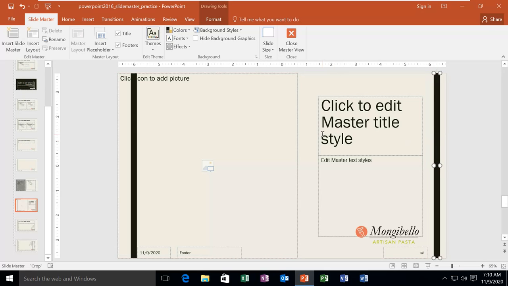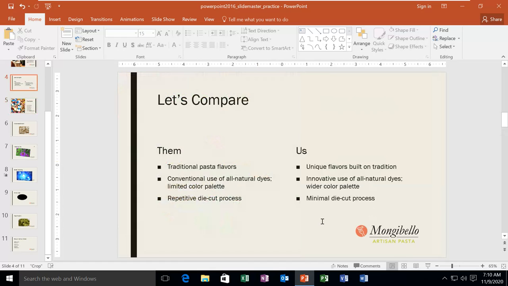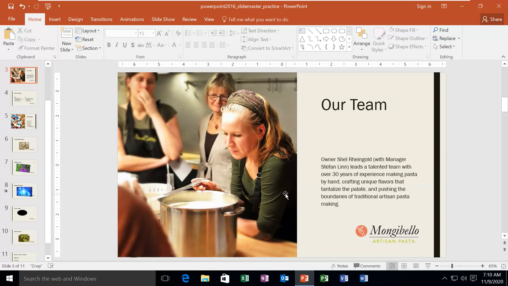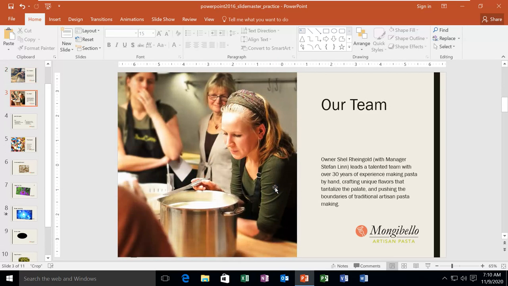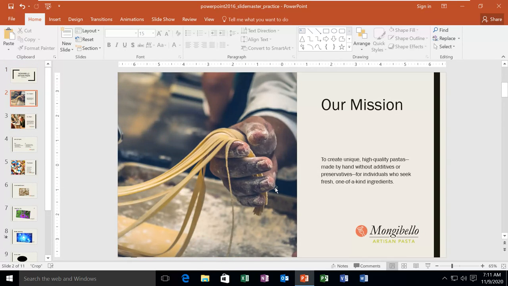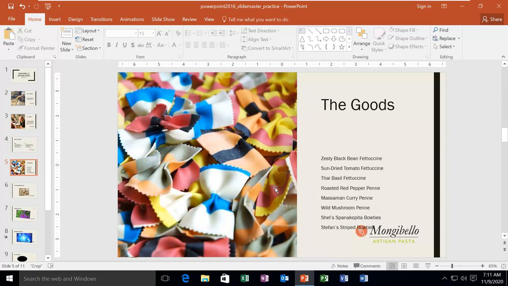Now it is looking okay, so now I will close it. Now you can see our image is showing here, our logo is showing here, and this image is going there. And not only on this slide, if I go to another slide, it will also change. This one has also changed. So I did the changes on one slide, and it is applied on all the slides with the same layout.